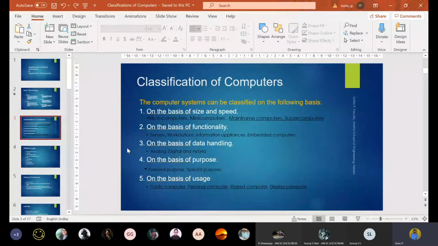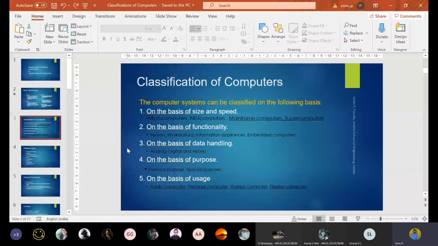The Cray computers were created towards supercomputers, and in India there are series of computers called Param and Jaguar dedicated to serving as supercomputers. Worldwide, countries like the US, Japan and Taiwan are creating their own high-speed supercomputers. So basically, these are the classifications based on size and speed.